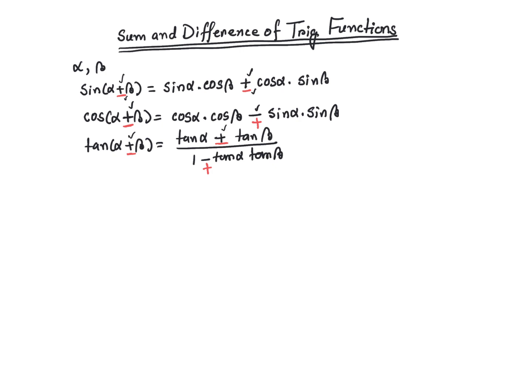However, if you want to find something like cosecant of alpha plus beta, you don't need to invent a formula for this. You can just write it as 1 over sine of alpha plus beta, and you can use this formula. And similarly for secant of alpha plus beta and cotangent of alpha plus beta. These are very straightforward. However, you need to remember these three. This one, and this one. And once you remember those, you can